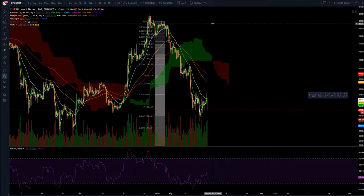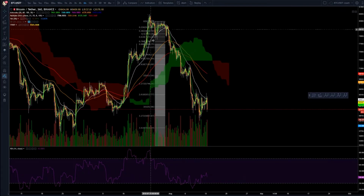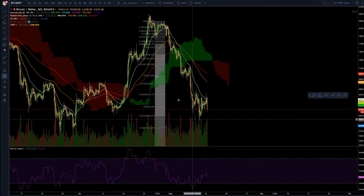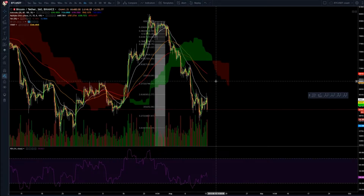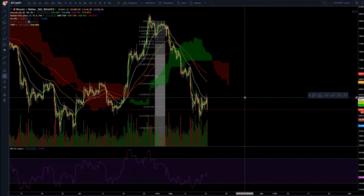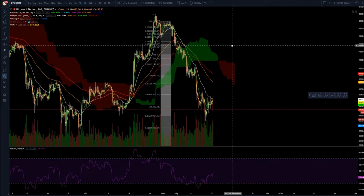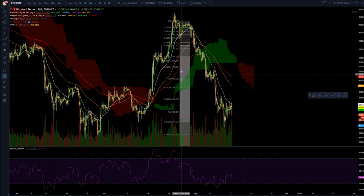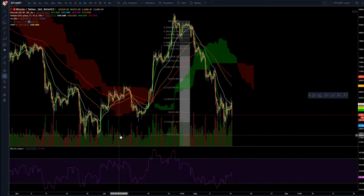What we can see is that it responds to these fib extension levels. So we know there's some kind of count in here, but we just don't know which. It can be this 1, 2, 3, 4, 5 that I had initially, or a 1, 2, 3 down here, 4. I kind of want my 4 to go higher though, and then a 5. Or we don't care about the Elliott wave count at all, and we just look at the fib extensions. The 3.272 is met, however, 3.618 is still down here, which is also the bottom,